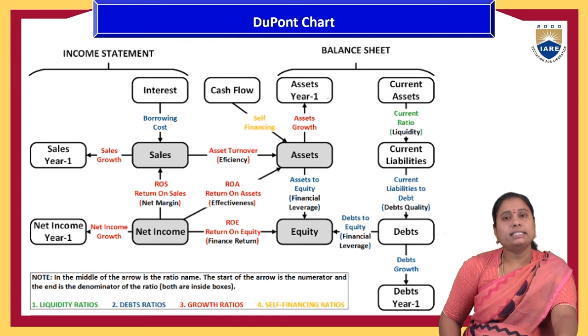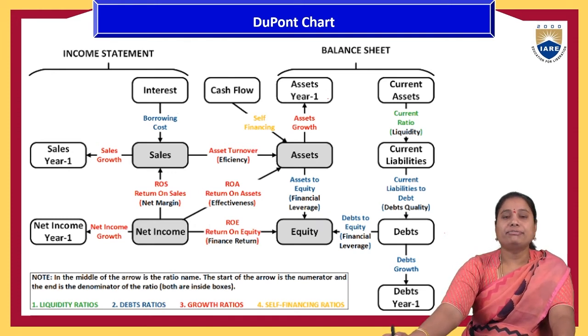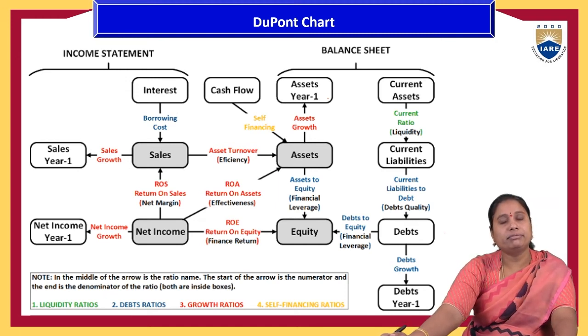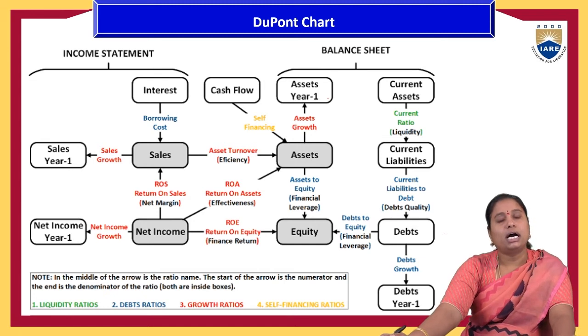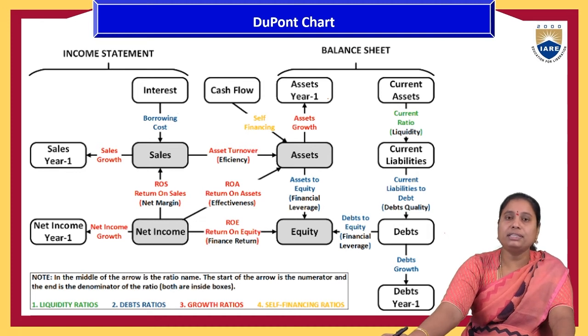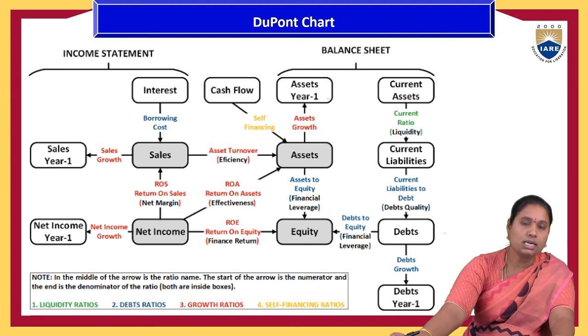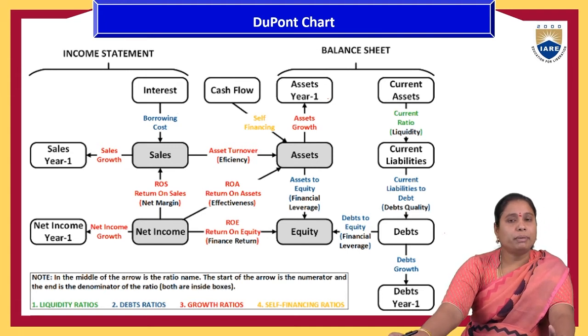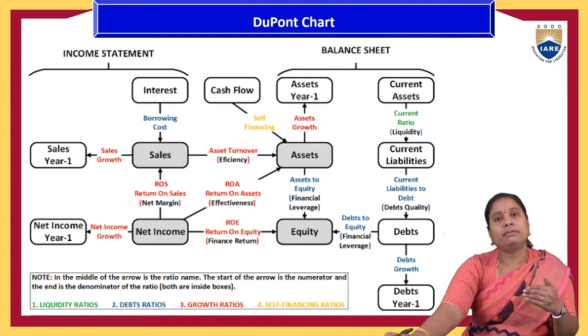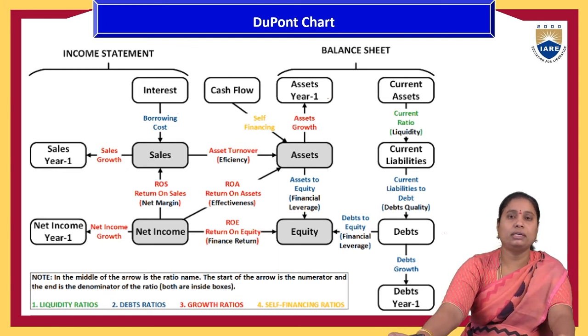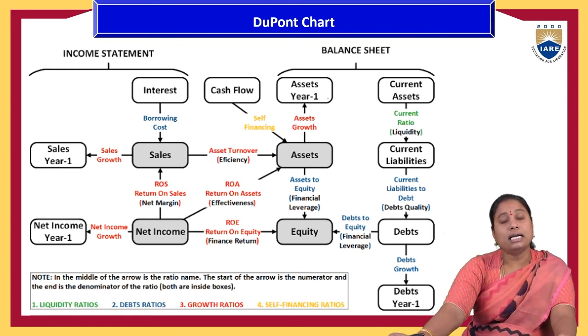So this is going to be beneficial for every business person and for the business analyst, to give the overall beneficial activities of the organization, and there is no scope for manipulation. If anything has been done, the identification of errors is possible with this return on equity, and there is no scope for manipulations, and it easily identifies the operational efficiency of the organization. So that is the importance of this DuPont chart analysis.